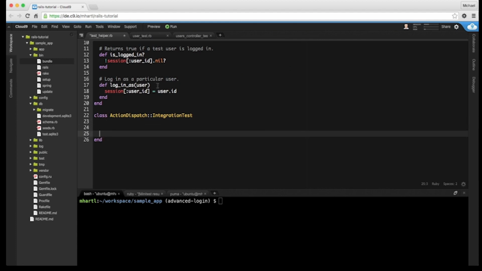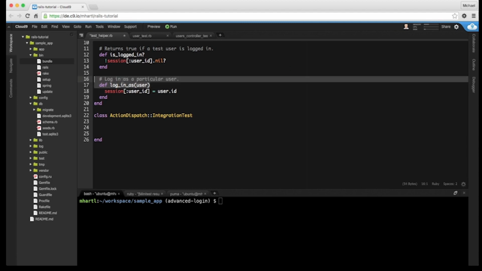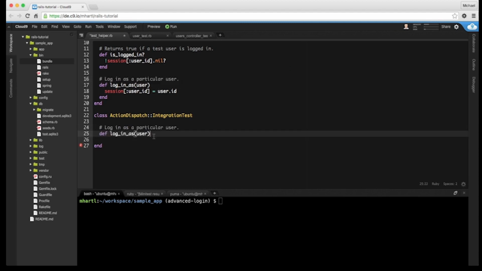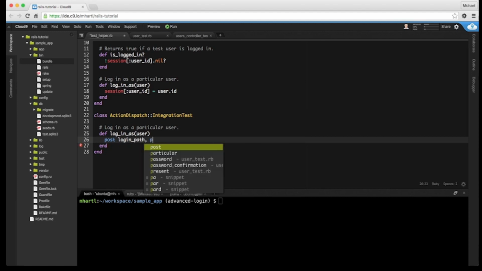We'll just use the same name because we don't really want to have to keep track of which kind of test we're in. It doesn't really matter to us. So we'll do this, and as we'll see, we'll actually have to change this. It's just this login as user, but we'll do something else here. Because inside of an integration test, which is also the same as a controller test now, in terms of the class, the way to log in is to post to the login path. We'll post the params